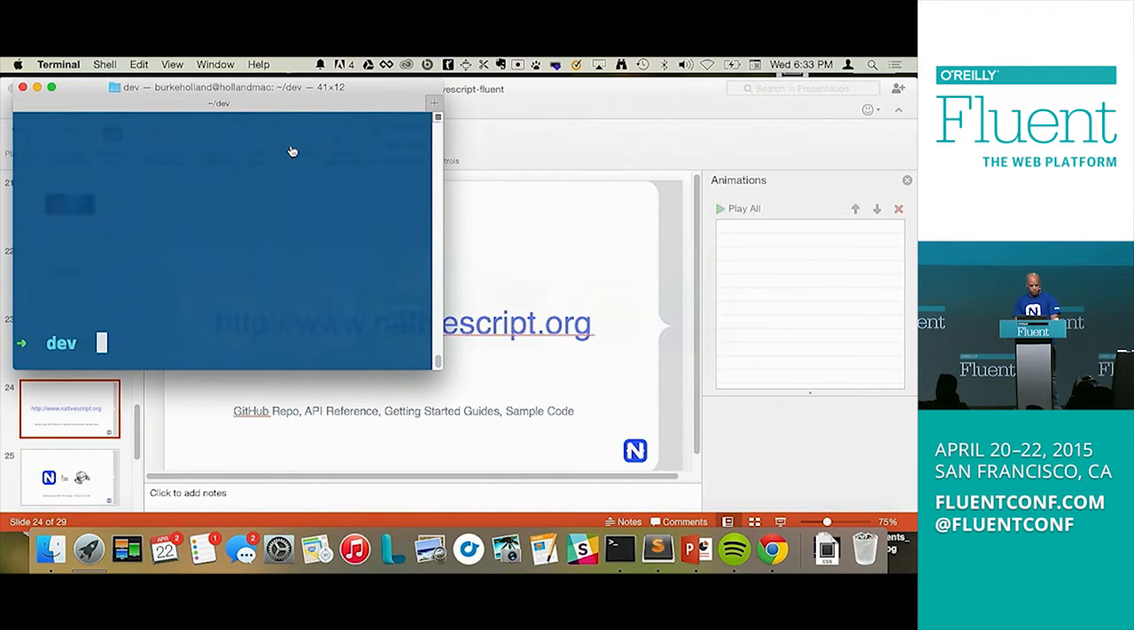Let's get rid of the useless web, and let's bring up a terminal here. To install NativeScript, all you need to do is npm install -g nativescript. If you don't have your permission set up right, you'll be like sudo npm install -g nativescript, which personally, I